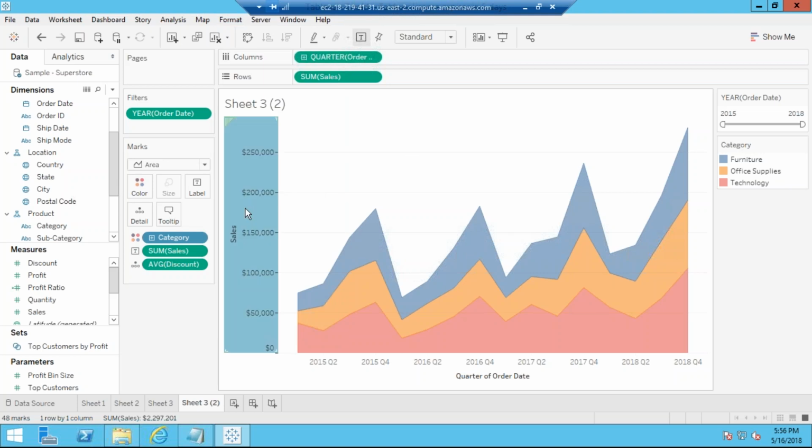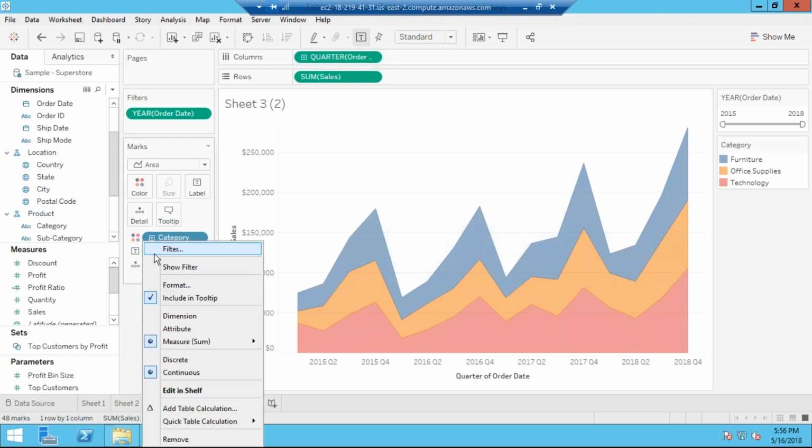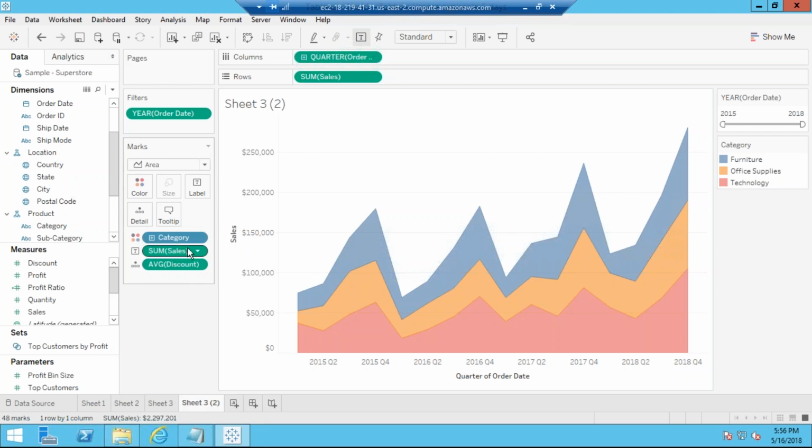In this case, I want to format my y-axis. This is called the y-axis and this is your x-axis. So remember this thing. Y-axis means your aggregated value. Right now, this is showing me sum of sales. What is my aggregation? Sum of sales. So the y-axis will always remain aggregated. X-axis is the place where I add the categories. Categories means dimensions. This is all dimensions here. So you have to always remember.